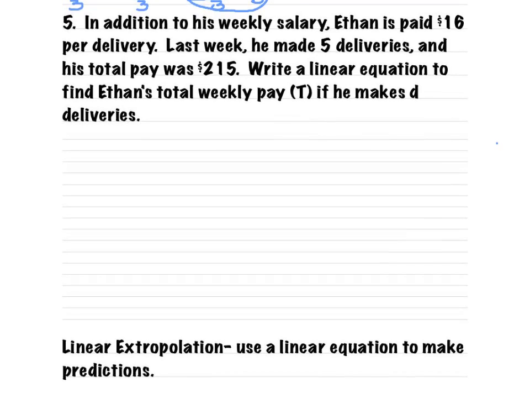In addition to his weekly salary, Ethan is paid $16 per delivery. Last week, he made 5 deliveries and his total pay was $215. Write a linear equation to find Ethan's total weekly pay if he makes D deliveries. So we want to write a linear equation that looks like this. T equals his total weekly pay